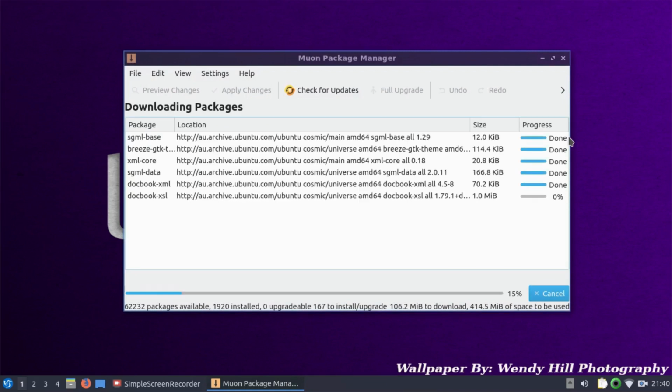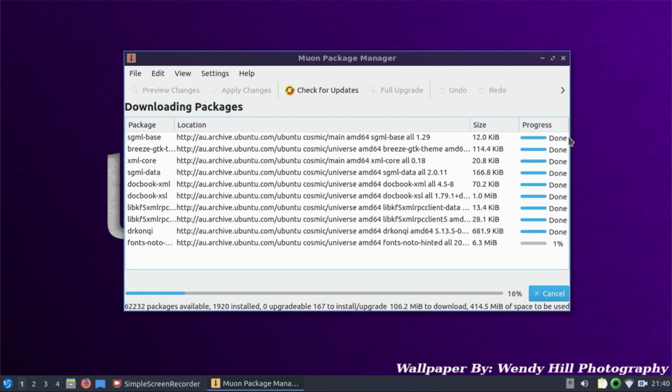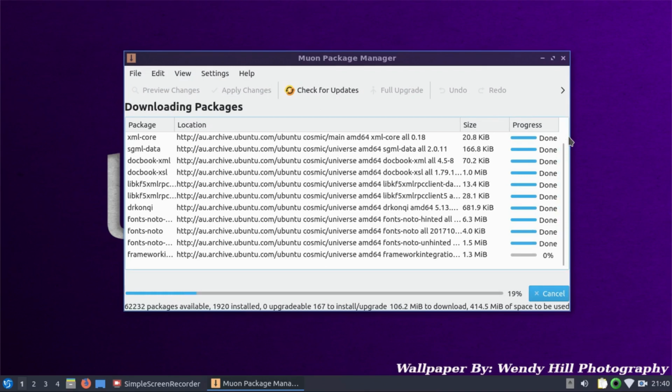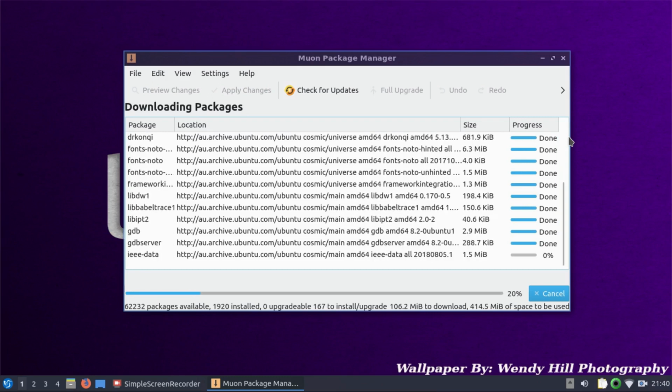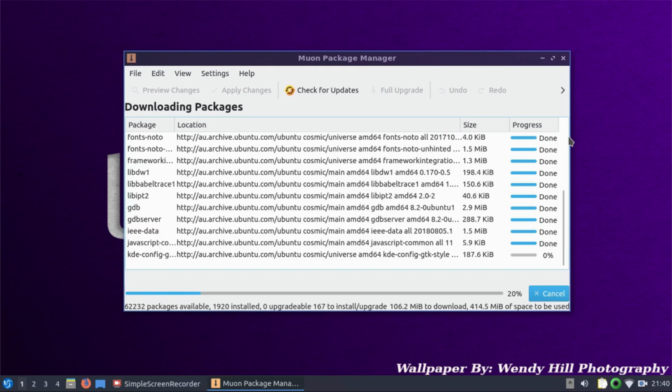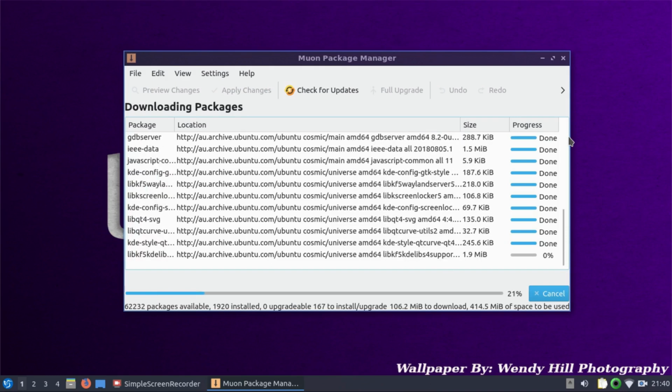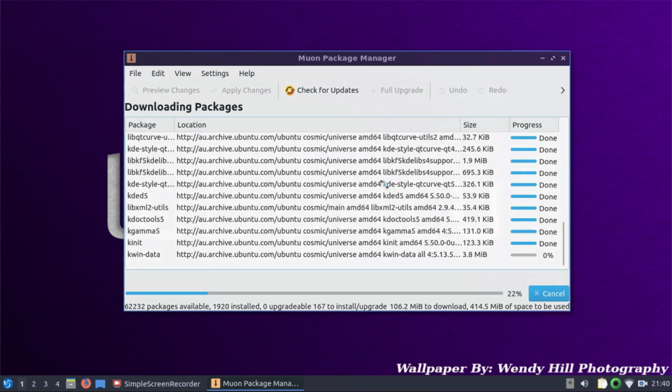Now we have 106 megabytes to download and 414.5 megabytes of space to use. So it's pulling in quite a few dependencies. Of course, because it's pretty much effectively Plasma. Now, just while that's coming down, we'll have a quick look at now,